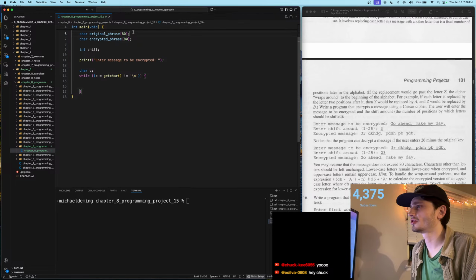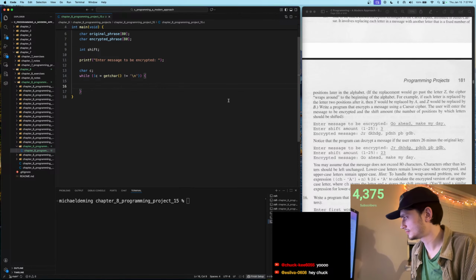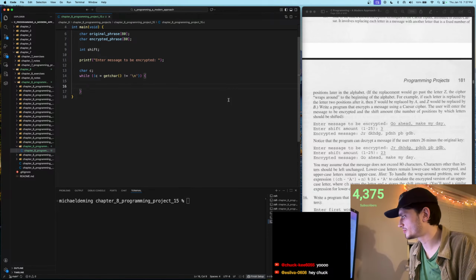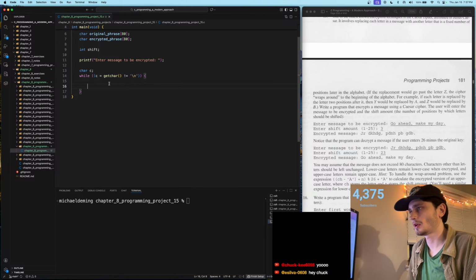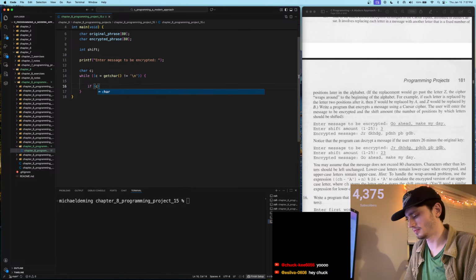We probably don't even need to store the original phrase. We probably can just encrypt each character as we go here. To handle the wrap problem, use the expression of this, where this is for the uppercase. Okay. So if the character